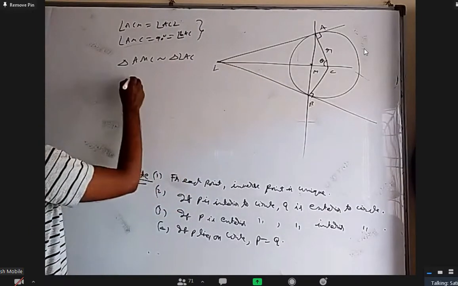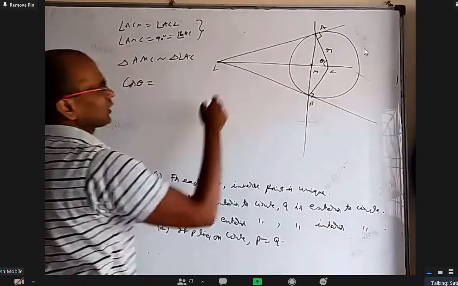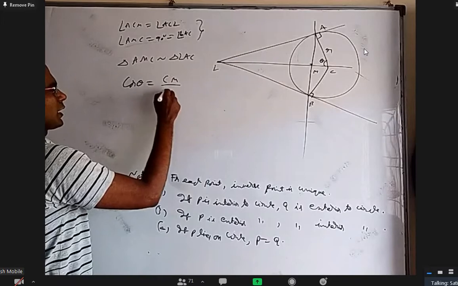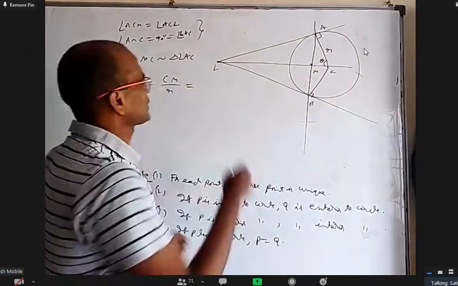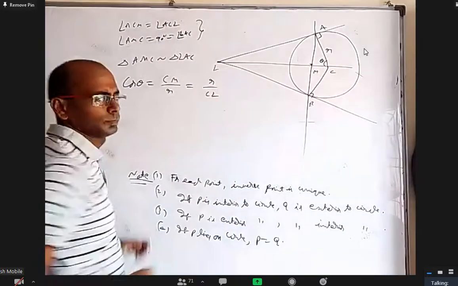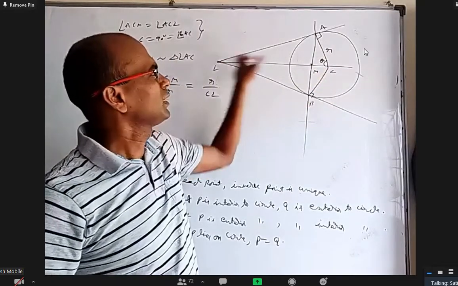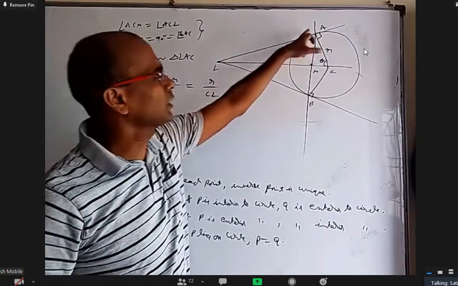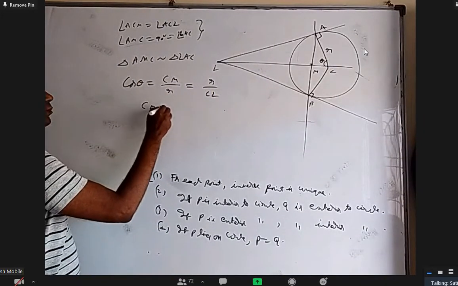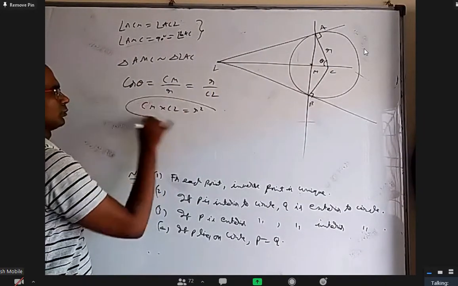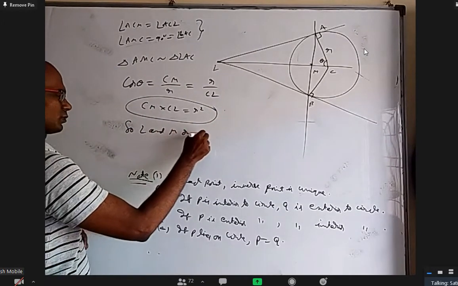Then you will get, I can even take cos theta without using similar triangles. From this small triangle, what is cos theta? CM by radius. From this big triangle, what is cos theta? Adjacent side is R and hypotenuse is CM. For this small right angle triangle, hypotenuse is radius, adjacent side is CM. For the big right angle triangle, adjacent side is R and hypotenuse is CM. That's how we get CM into CM equal to R square. So L and M are inverse points.